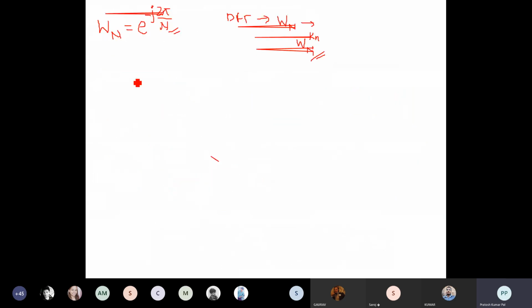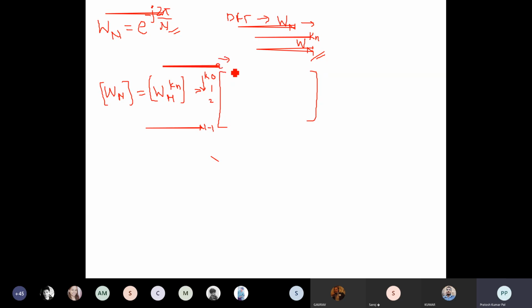You might have a little doubt here. So when we make the matrix, if we write W(n) in matrix form, it is the matrix of W(n) to the power kn, this is its matrix, alright. Did you understand this? So here we will expand W(n) with respect to the values of k and n. This will show the k value, k varying from 0, 1, 2, up to n minus 1, okay. Similarly this row will vary with respect to n, so this n will be 0, 1, 2 up to capital N minus 1.